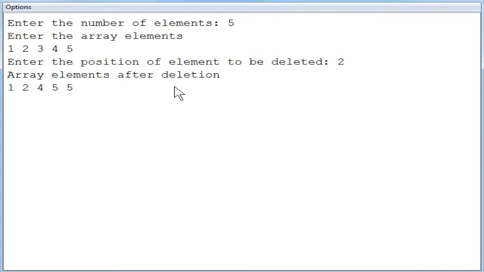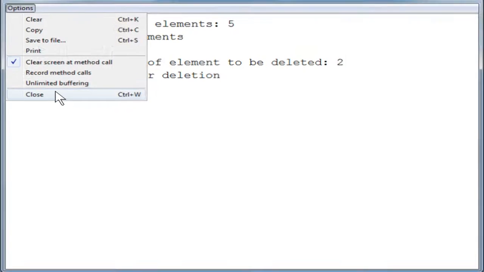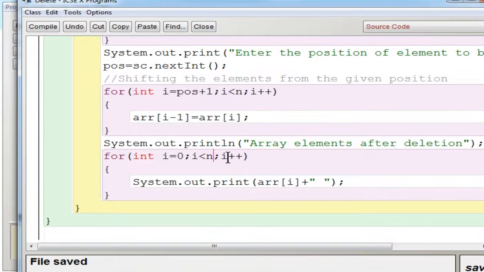You can notice one thing odd here. You can see 1, 2, 3 has been removed, 4, 5. But again you can see that the last value has not been moved, actually we have copied it. Okay, that means the last value will be there. So you don't want to show that last value, that's the reason you put that n minus 1, so that it won't show the last final value.